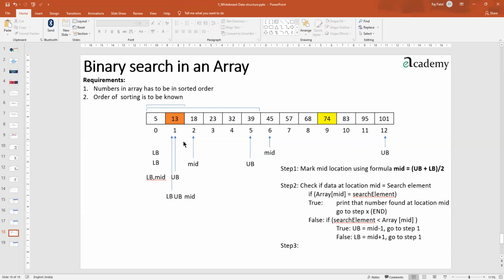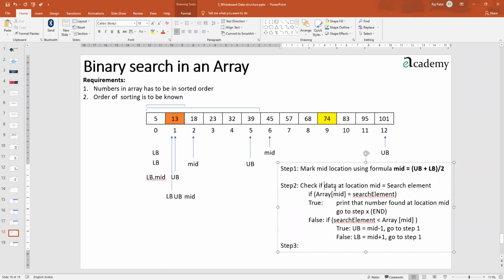Then what will happen? Let us try to see. So I'll take the number 12. Then let us try to verify what happens next.